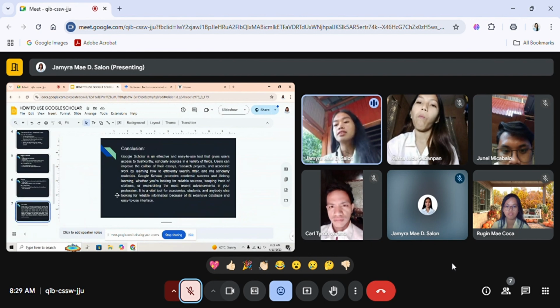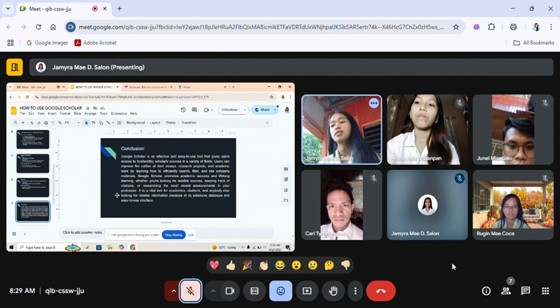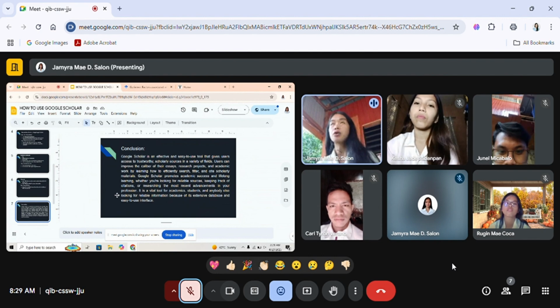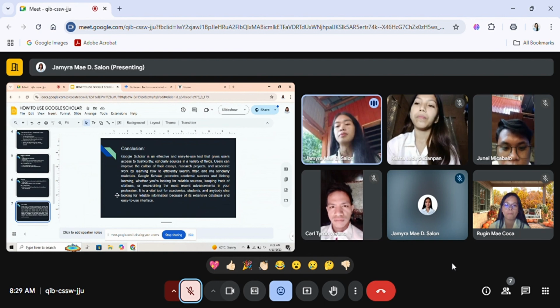So, conclusion. Google Scholar is an effective and easy-to-use tool that gives users access to trustworthy scholarly sources in a variety of fields. Users can improve the caliber of their essays, research projects, and academic work by learning how to efficiently search, filter, and cite scholarly materials.